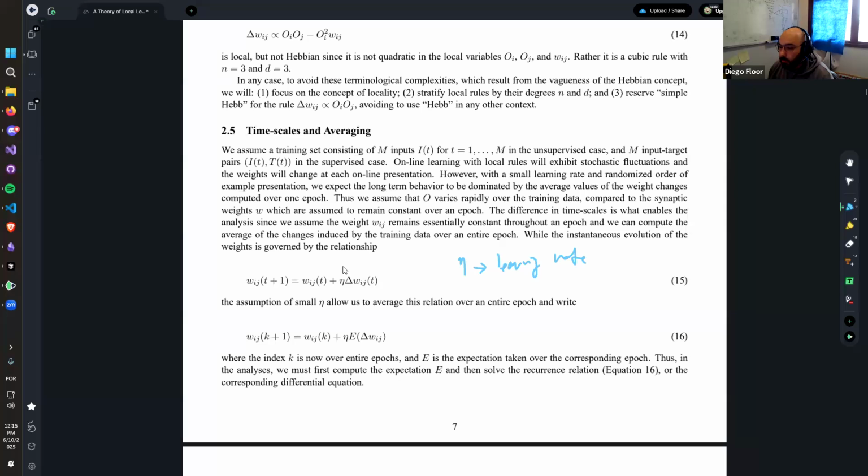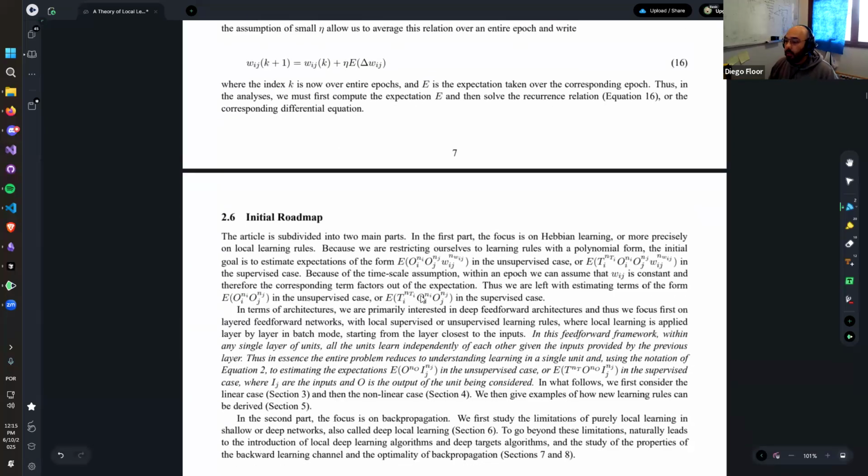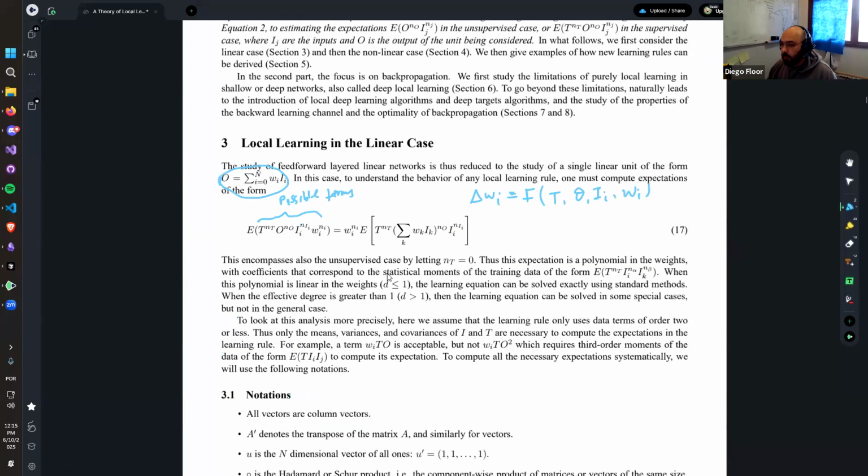So we're going to rewrite the learning rule like this. They're going to write the new learning rule as this kind of equation. So this is the learning rule, and this is going to be a learning rate. It's just a way to parameterize how much you want to change the connections. Let's keep that. So in the linear case,